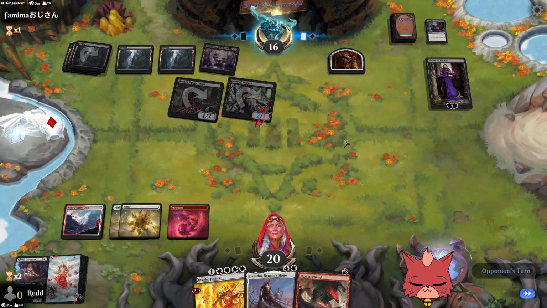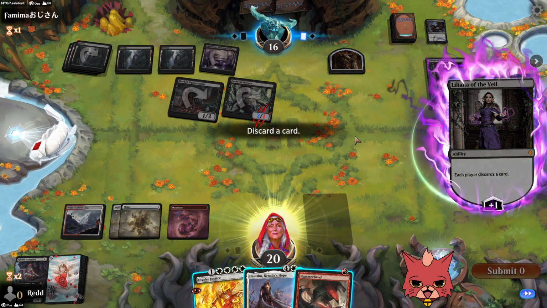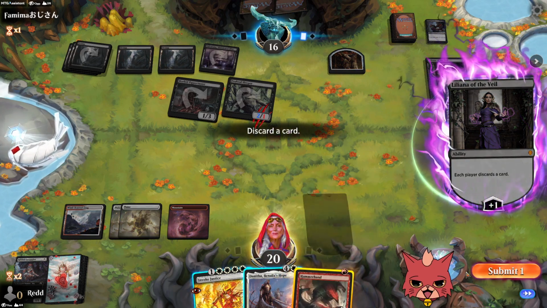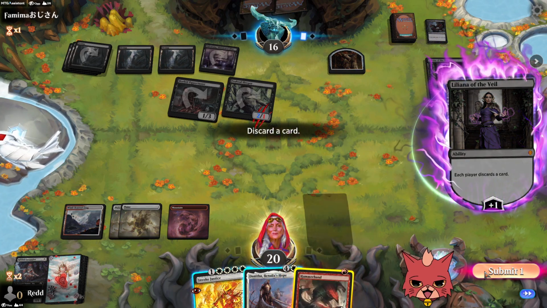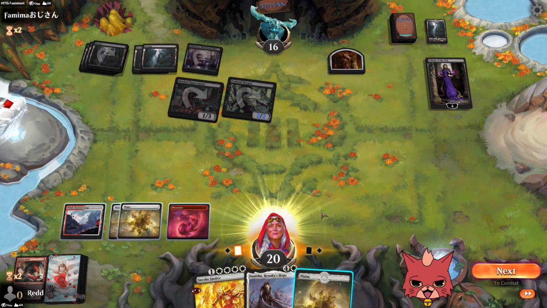Liliana. Okay. We have a decision to make, and I think it's Hammerhand. It's Hammerhand, yeah, for sure. Since Danitha can bring it back. If we discard Danitha and we draw like another...